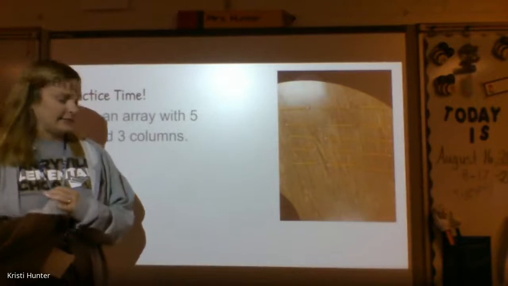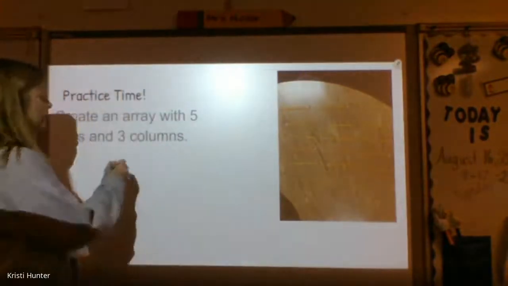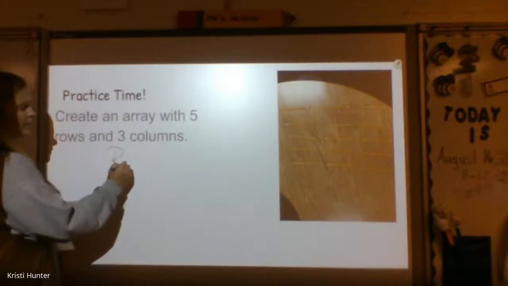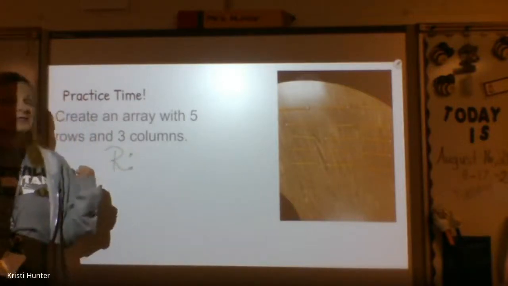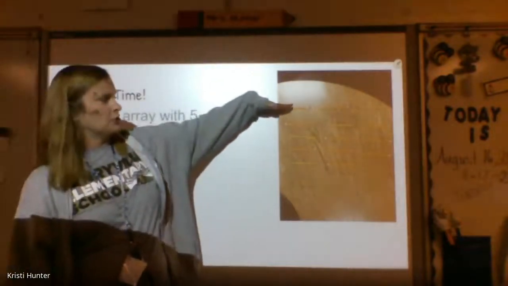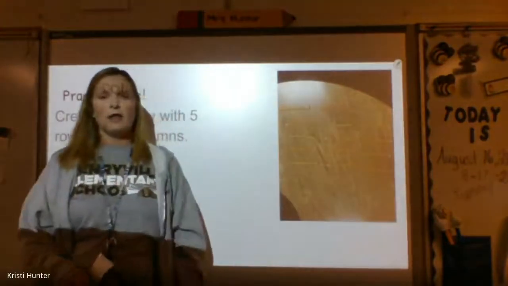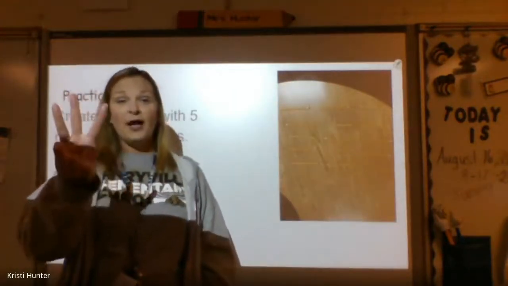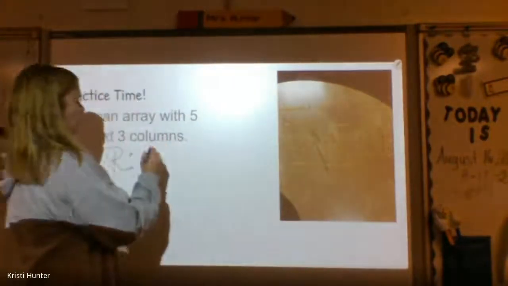All right. And now we're going to write our equation. Let's write a row equation this time since we did column last time. Let's do rows. So here we go. Row 1. Show me with your fingers. How many are in your row 1? There should be 3 in row 1, right? 1, 2, 3. So we would have 3